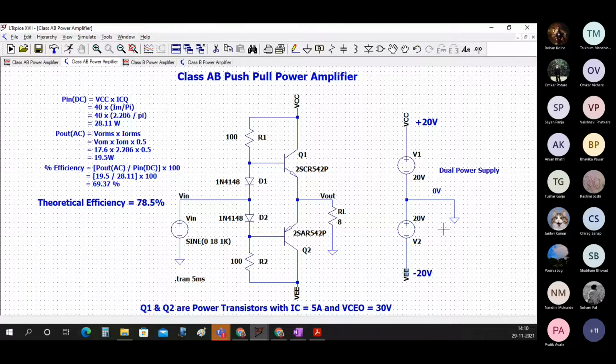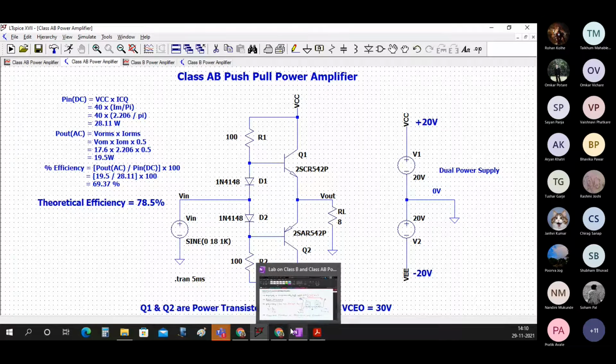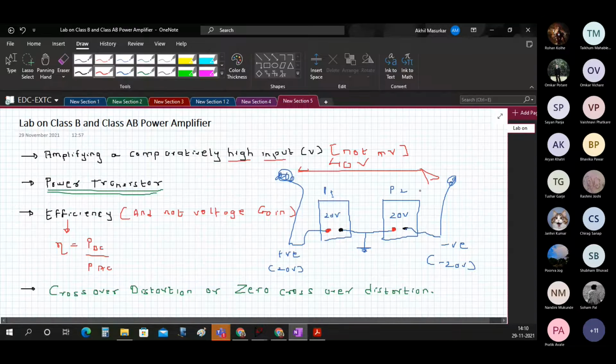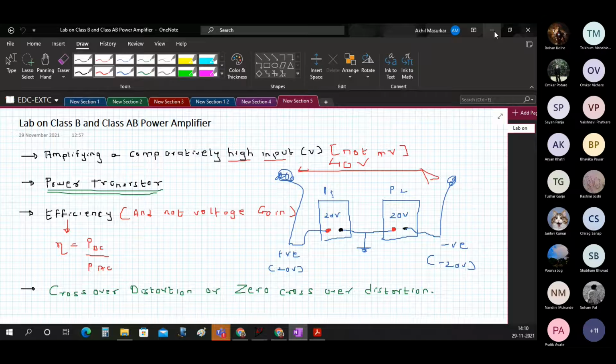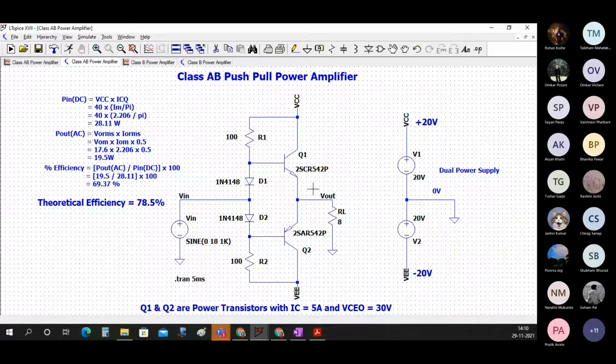But in the lab you cannot do any such funny stuff. In the lab, this is what you have to do. This is the only way that you can do this. Okay. Since this is a simulation tool, we can give negative values, but in the lab, a power supply never comes with minus 20 volts. It will come with plus 20 and plus 20 only. And then you will connect it in such a way that one gives plus and the other one gives minus.